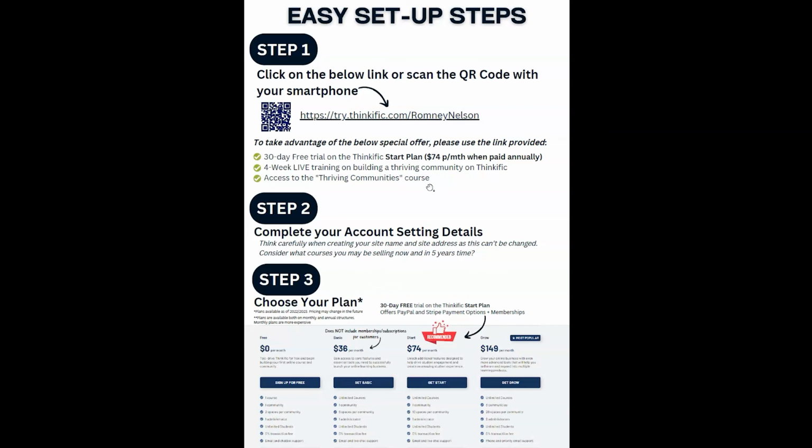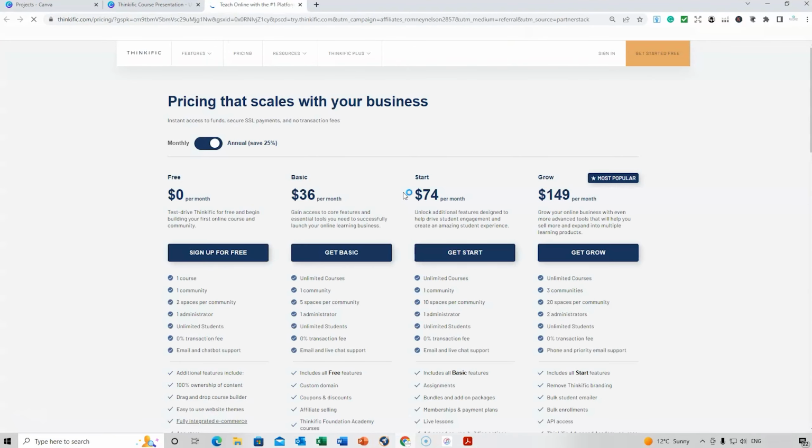Now remember, you can take advantage of the below special offer, and that's through my link. So what I'm going to do now is click on the link, and you'll be able to do this as well. That will then take you to either of two pages. It could take you to the pricing page, or it could take you to a page where it talks about a 3-month offer. So it just depends on what Thinkific's offering at that time. Now, you can choose either of these 4 options, and I'm going to run through them very quickly. And there's also some pros and cons that I'll talk about later in this lesson.